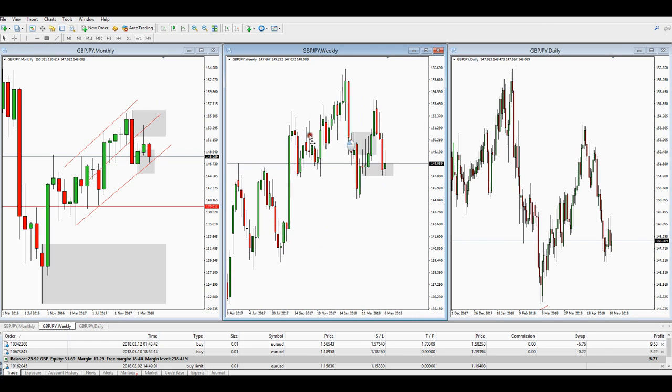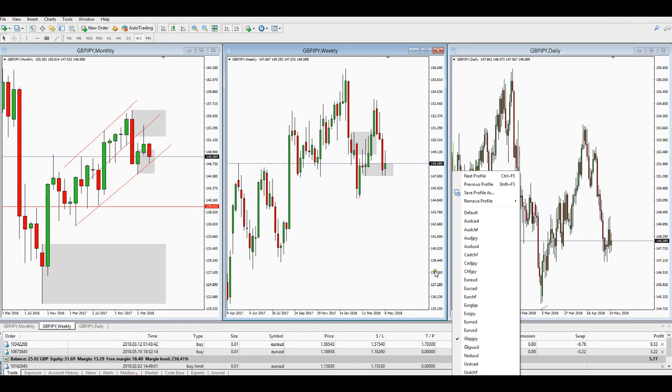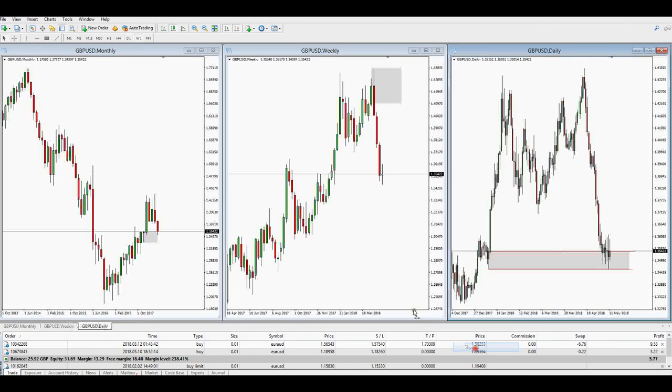Again, aggressive management. If you start to get over 250 pips, I'd start to manage it aggressively, because monthly supply is in control. Personally, I'd rather wait for the break of this level for a pullback into a weekly supply or daily supply, because of the monthly supply levels in control.